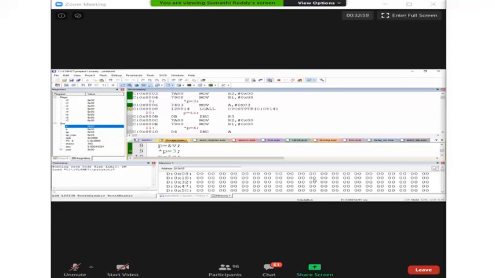In that, the higher byte memory location is holding the memory type, meaning to which memory area it is pointing. Like if it is internal RAM, it will be specifying 0, 0. If it is external RAM, it will specify it as 0, 1, like that. So in that way, higher byte will tell you about the memory area to which your generic pointer is pointing.